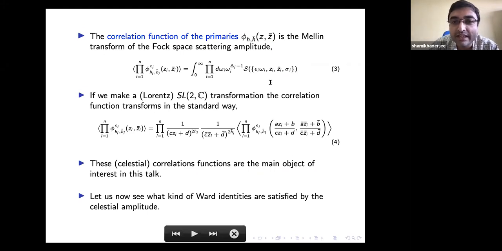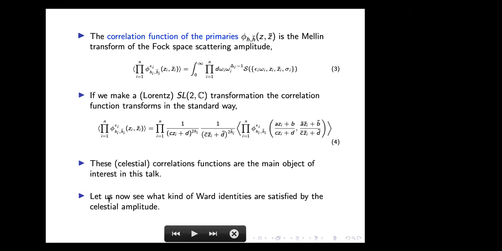So you can do this integral transformation on the S matrix, and then you get this correlation function of these conformal primary fields, phi h, h bar, z, z bar. And the good thing about this is that it transforms. If you make an SL2C transformation on the sphere, this is how the correlation function will transform, which is the standard way. In this talk, these correlation functions are the main object of interest. And let's now go to what kind of Ward identities are